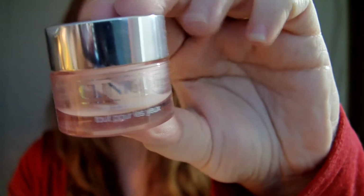I have an eye cream. This is the Clinique All About Eyes. This stuff lasted me a very long time, if you could see it. So it looks like that. It is all out. I did actually enjoy this. It is a little bit expensive for an eye cream, but I can say that it did actually show improvement, meaning that